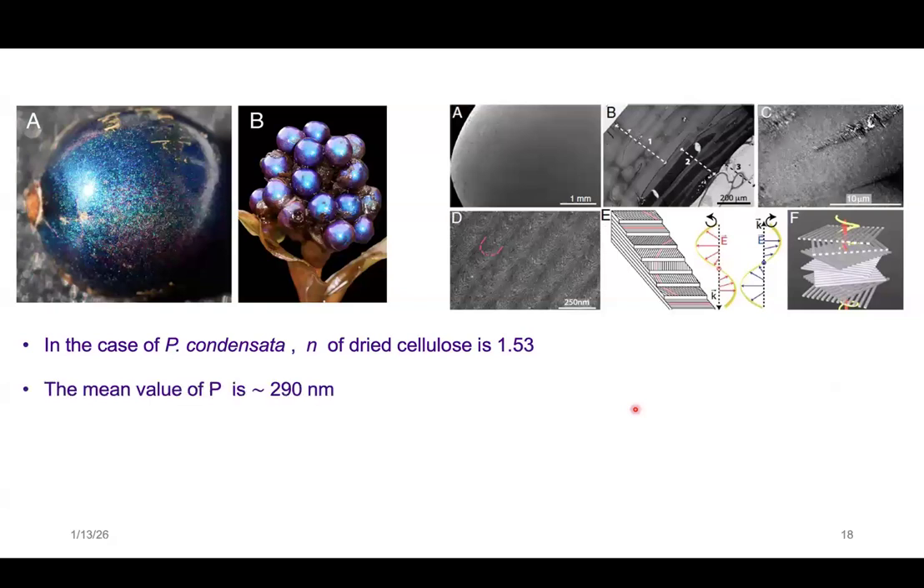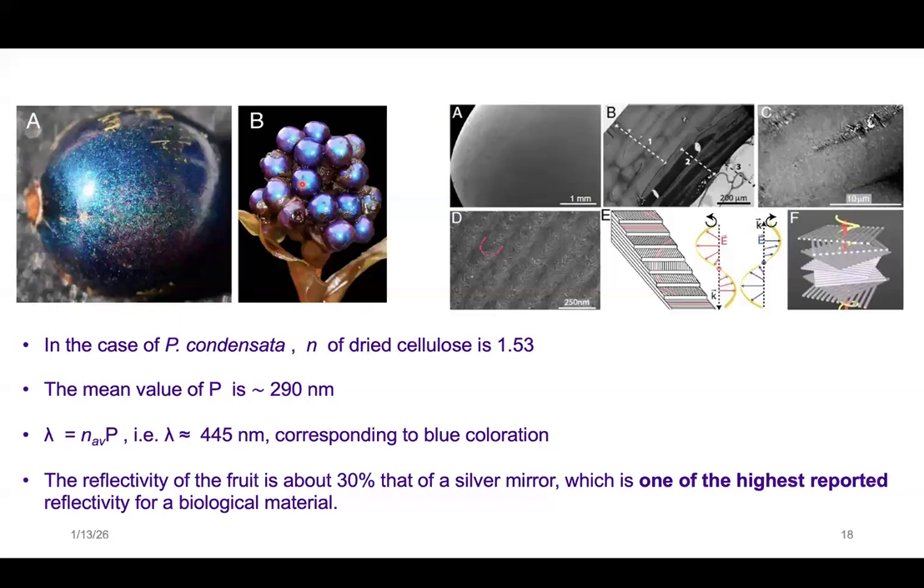Now, if you take the structure of this and look at the electron microscope, you can calculate this pitch height and pitch length, which is about 200 nanometer in these fruits. If you now multiply refractive index with the pitch length, you get about 445 nanometer. That corresponds to the color that we actually see. And the reflectivity of this fruit is 30% of that silver mirror,